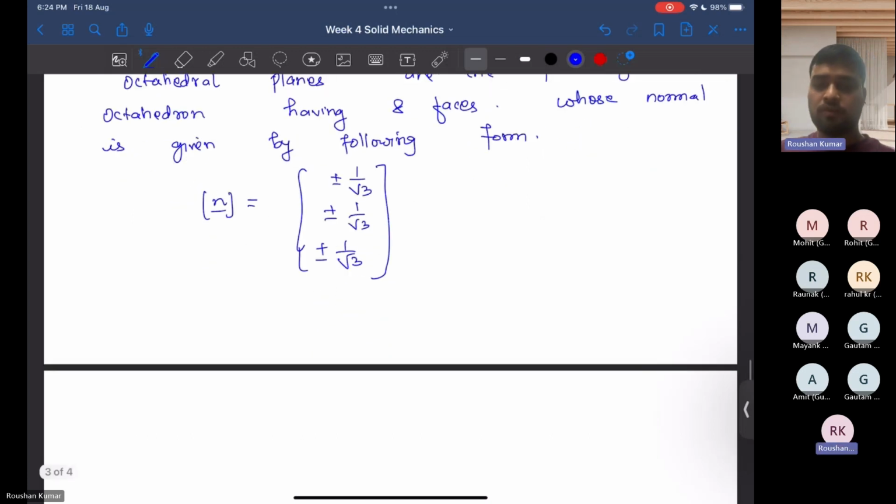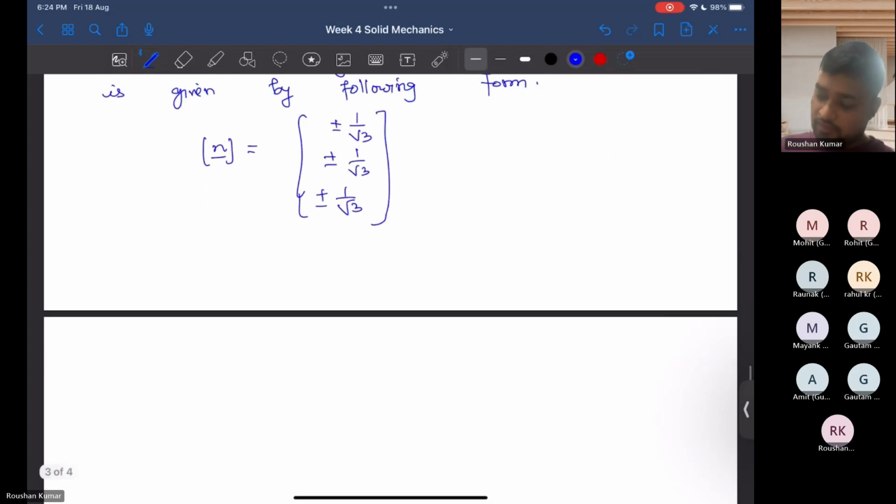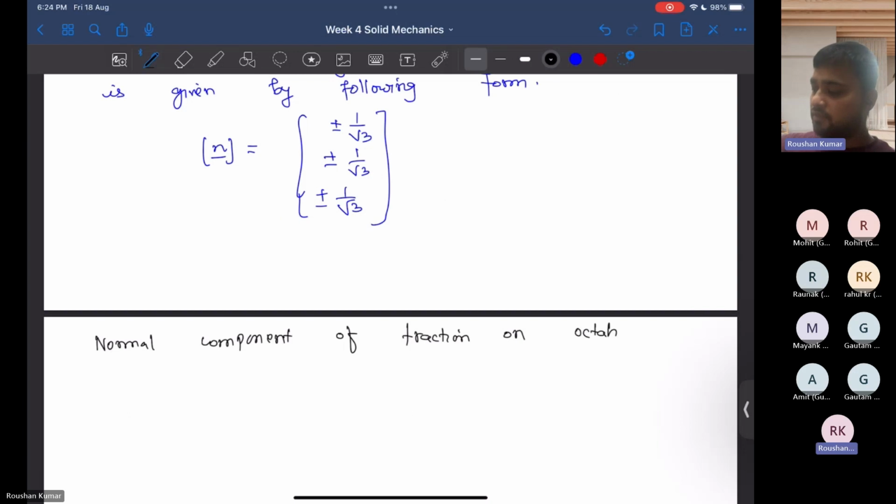First, the normal component of traction on octahedral planes is given by,